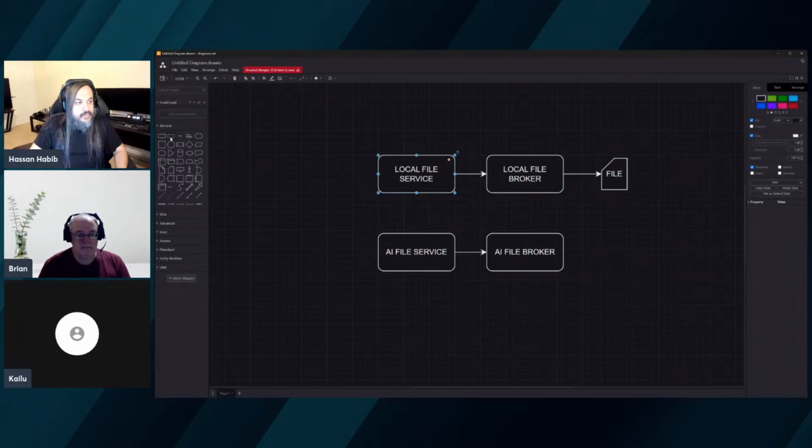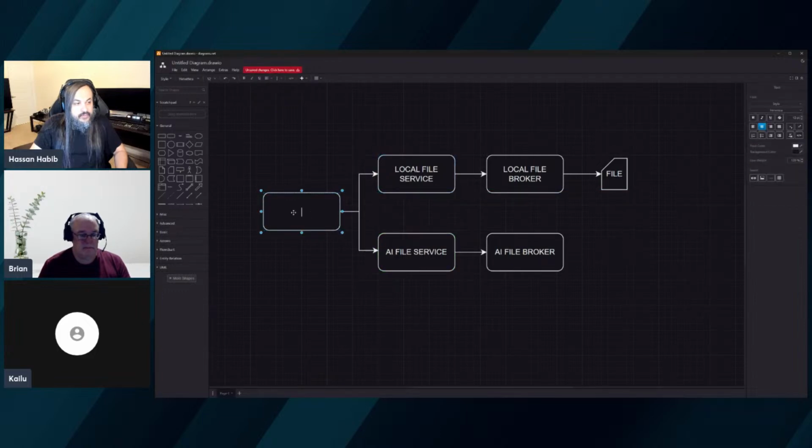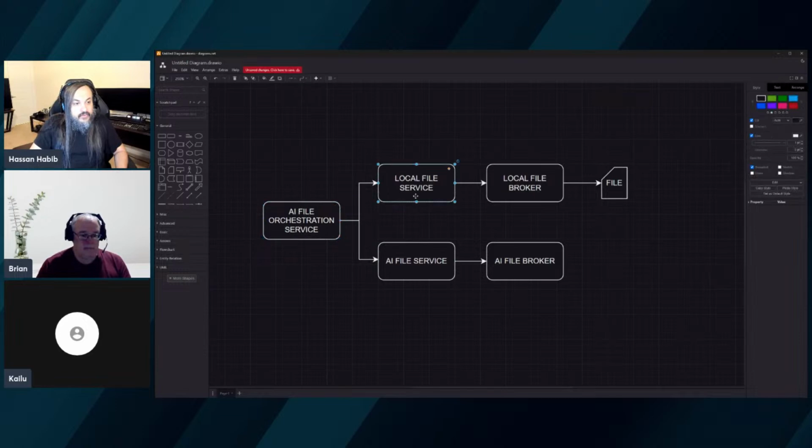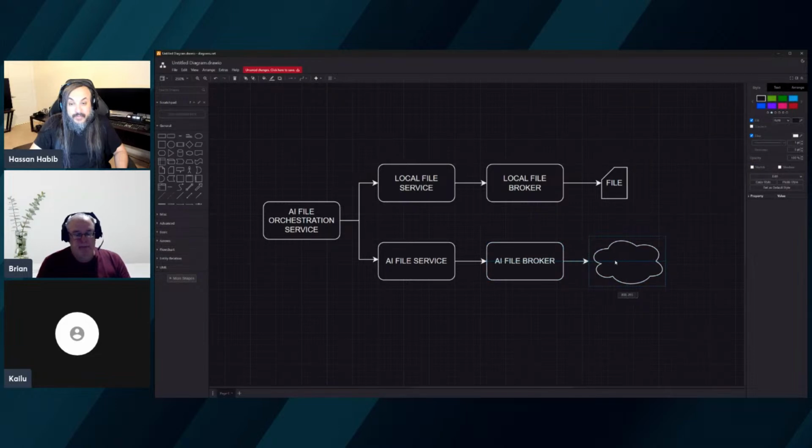The person that's consuming our system is going through a client that's integrated with an orchestration service. So this would be the AI file orchestration service like this. And this service is basically going and reading that file and then sending that file to the OpenAI API. It seems very simple and straightforward. However,